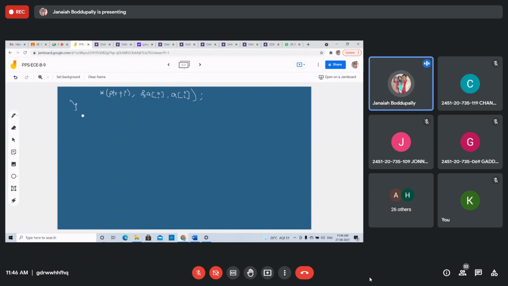Write a program to find the sum of the elements in an array using pointer. This is a nice program. It is for a 1-dimensional array only. After this program, I will go to the 2-dimensional.